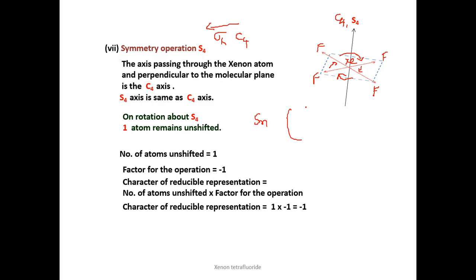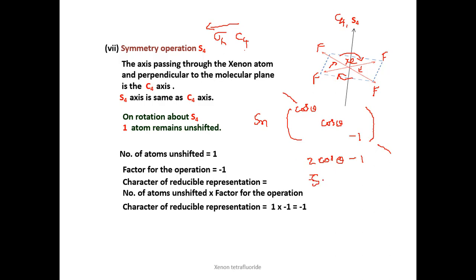In general, the transformation matrix will be like this. It will be similar to Cn, except that now we have rotation followed by reflection about a perpendicular plane, and so rotation followed by reflection. During reflection, this plus 1 will become minus 1. So cos theta minus 1. The remaining elements other than the diagonal elements may be either 0 or some trigonometric terms, and the sum of the diagonal elements is cos theta plus cos theta minus 1, which is 2 cos theta minus 1. This will be the character of the operation Sn.